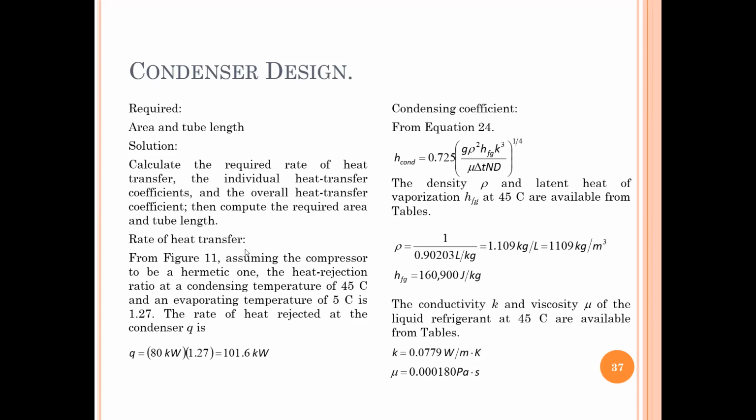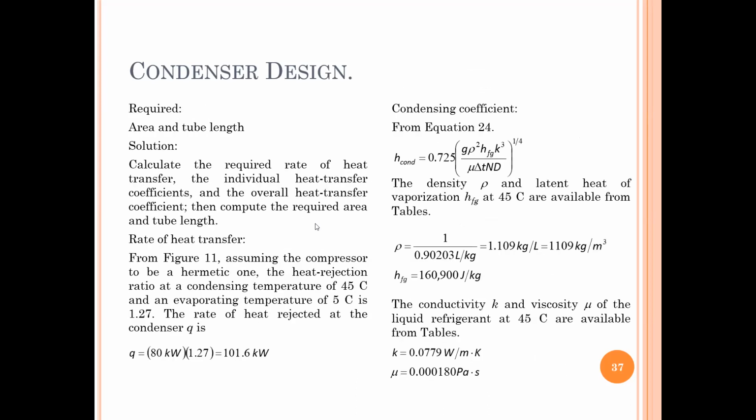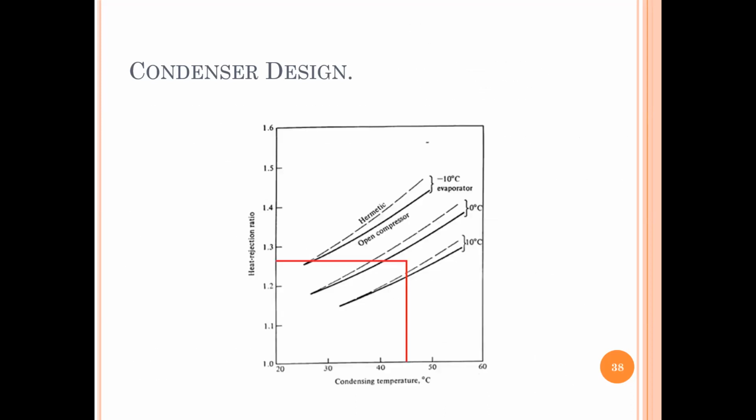So, unahin natin yung rate of heat transfer. From figure 11, assuming the compressor to be hermetic one, the heat rejection ratio at the condensing temperature of 45C and the evaporating temperature of 5C is 1.27. Kasi given yung evaporator, refrigerating capacity mo is 80 kilowatt. Paano makuha yung sa condenser? So, given nyo for